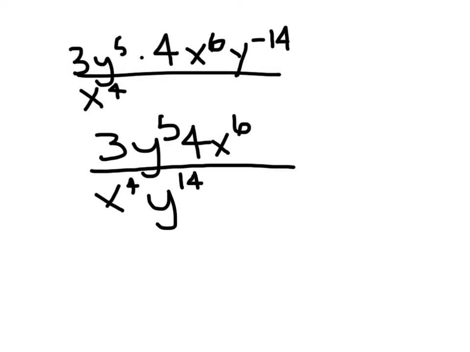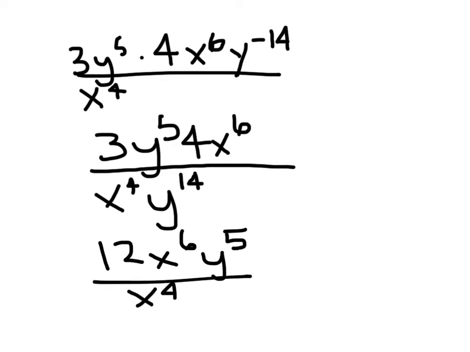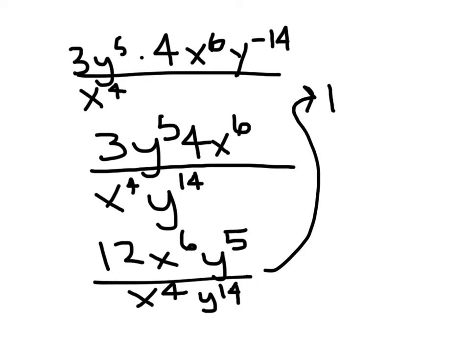I can do a few more things here. I can multiply the 3 by the 4 to get 12. I'll put the variables on top in alphabetical order. And now I see that I can divide those and those. When I divide the x to the 6th by the x to the 4th, 6 minus 4 is 2. So I'll have 12x squared, and when I